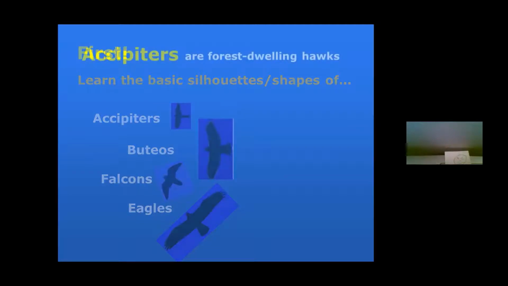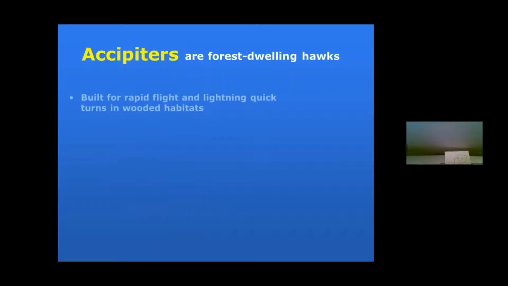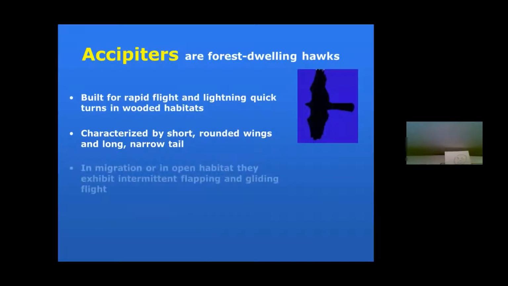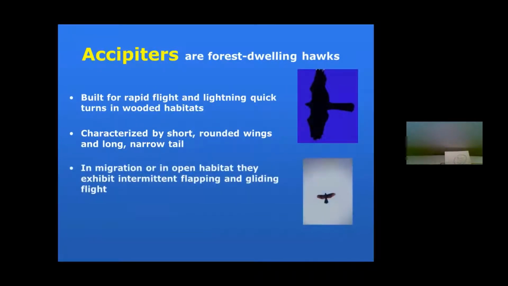So we're going to start with accipiters. Everybody knows what an accipiter is, right? Most of you probably see them snacking on your birds at your feeders from time to time, or trying to. They are forest dwellers. We have two primary accipiters, well, three, but two basic main ones, that hang out in the state, and I'll talk about that in a second. They are built for speed, baby. And you see that long tail in the silhouette, that they can maneuver in a heartbeat going a jillion miles an hour.